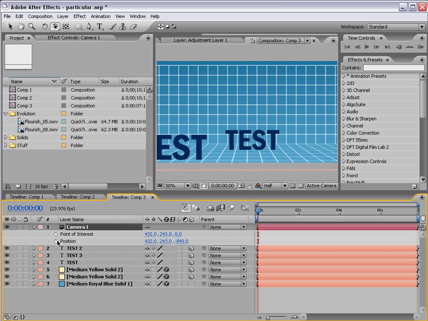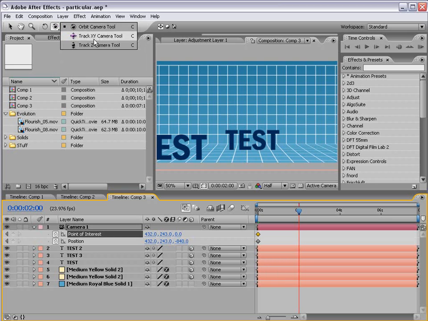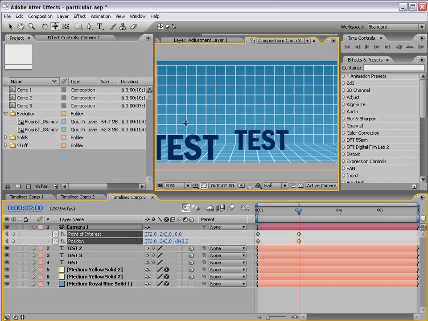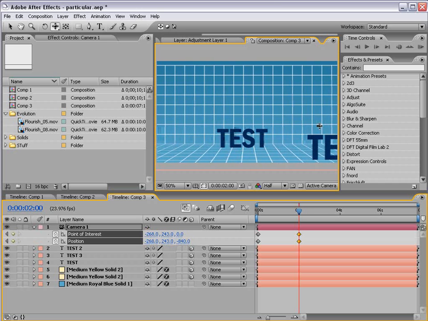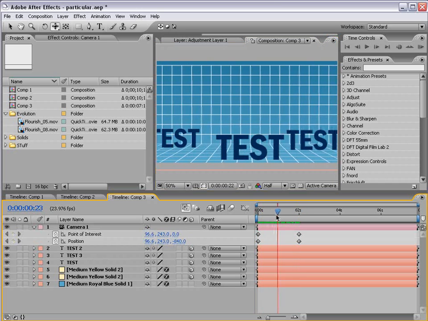Here we have the position and the point of interest, and I'm going to set a keyframe for both of those, and I'm going to move forward 2 seconds, and I can come up here and take the track camera tool, and that'll move the camera around. I'm going to hold down Shift also and click and just drag. The only problem is, say I want to add a truck, a camera movement where I actually move in or move back